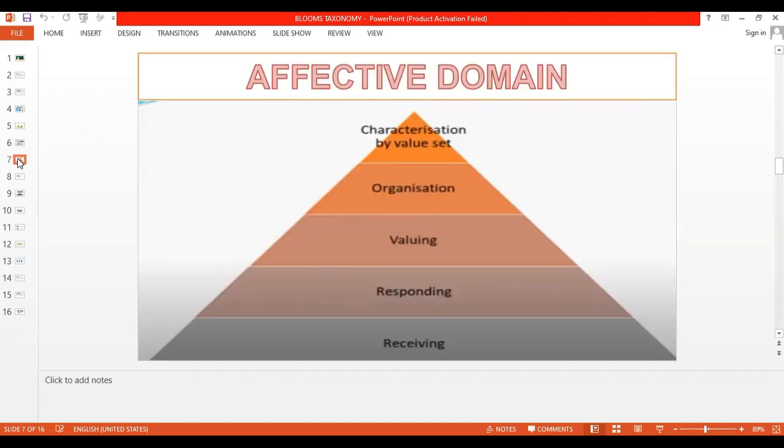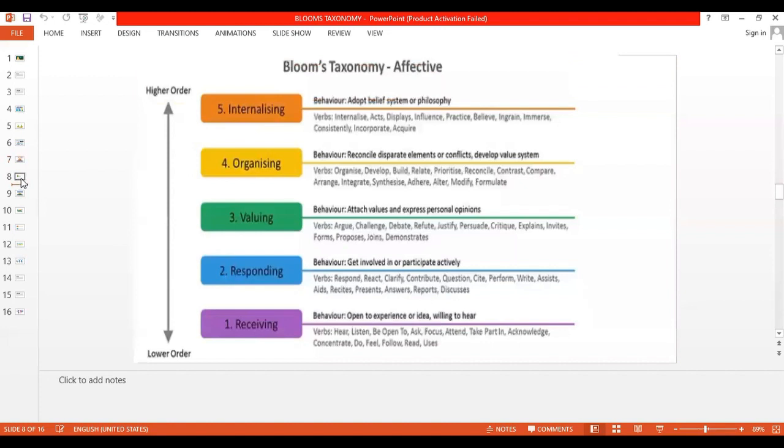We will next go to the affective domain. The skills in the affective domain describe the way people react emotionally and their ability to feel other living things. Affective objectives typically target the awareness and growth in attitudes, emotions, and feelings. There are 5 levels in the affective domain, moving from the lowest order process to the highest order. We'll start from receiving, the lowest level.